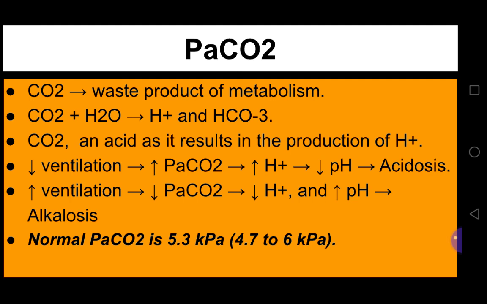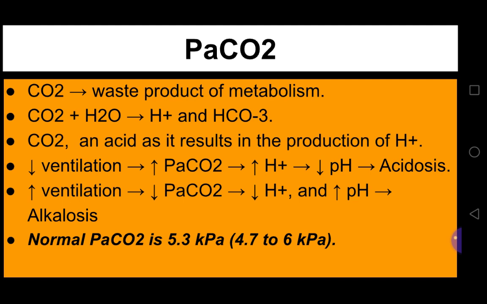Coming to the next component, which is partial pressure of carbon dioxide in arterial blood. To understand this, we should know that carbon dioxide is a waste product of metabolism. In plasma, it reacts with water to form hydrogen ions and bicarbonate. Carbon dioxide behaves as an acid as it results in the production of hydrogen ions. The key determinant of partial pressure of carbon dioxide in arterial blood is alveolar ventilation, which means that in hypoventilation